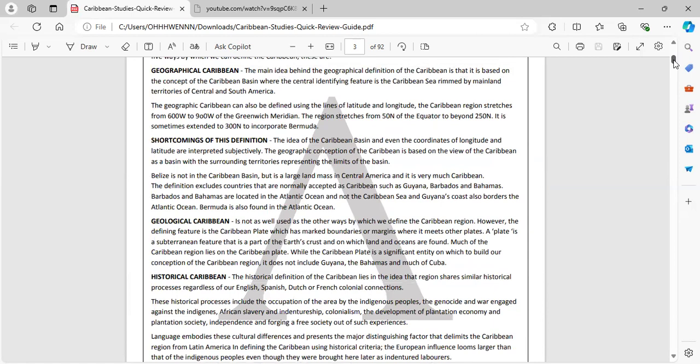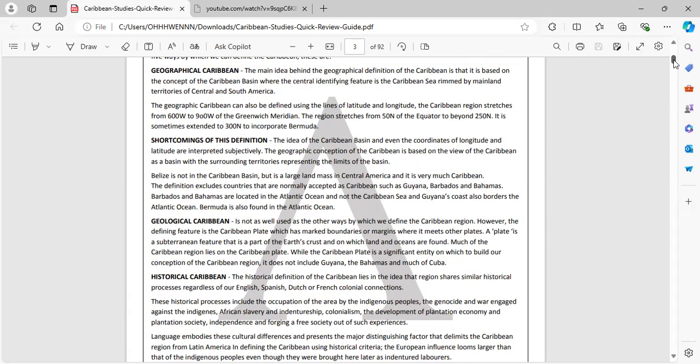I can't give one definition for the Caribbean because, as I say, there's more than one definition. But what I used to do was include these five things within the definition. I'll use the address for the Caribbean, like the 19 degrees. The region stretches from the 15. I'll use that in the definition.